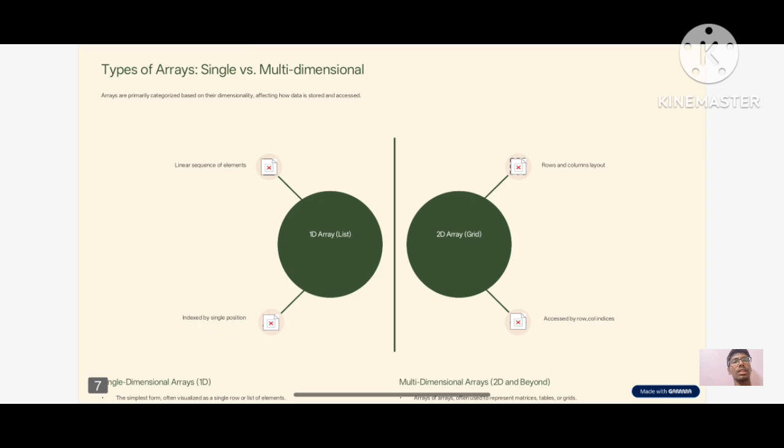Types of arrays. There are majorly 1D arrays, 2D arrays, and multidimensional arrays. 1D arrays are a sequence of elements indexed by a single position. 2D arrays have rows and columns layouts, accessed by row and column indices. Single dimensional arrays: the simplest form, often visualized as a single row or a list of elements, requiring one index. Used for storing lists of names, scores, and linear data sequences. Example, int array[10];